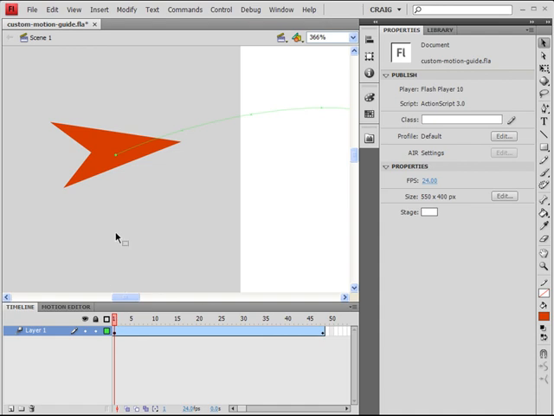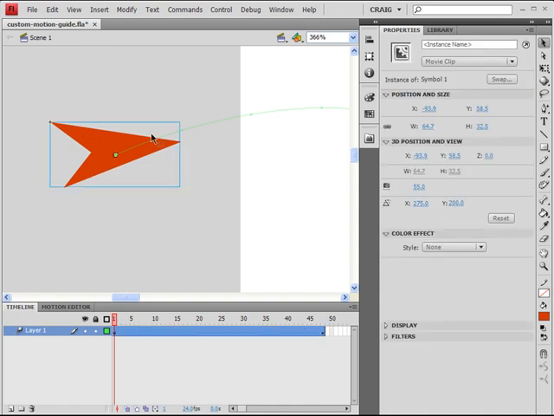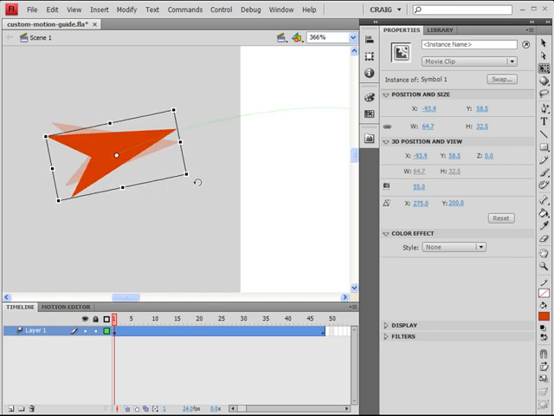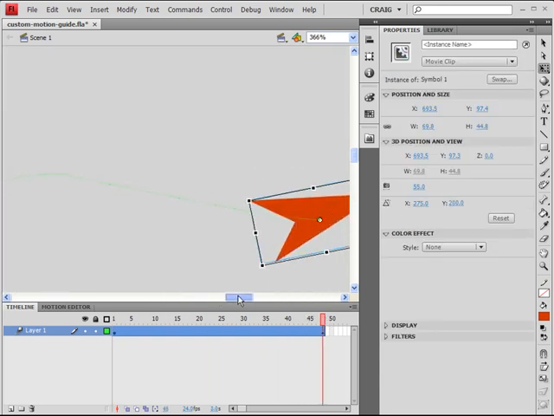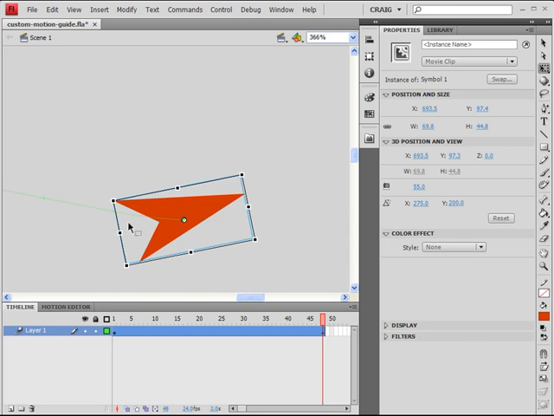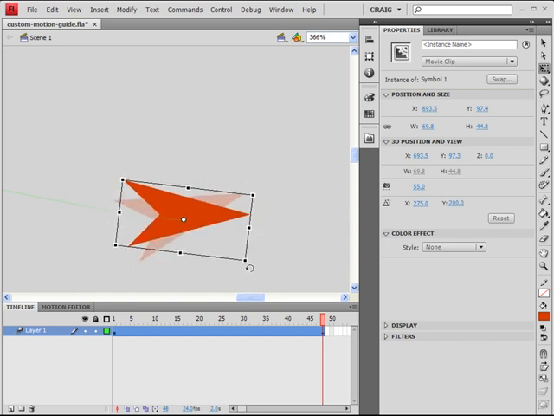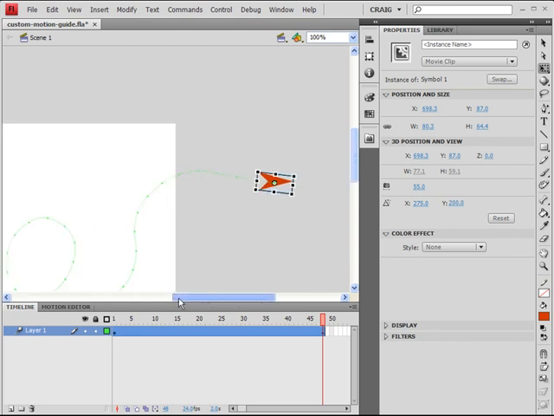and then we'll click on frame 1, click on our shape. We'll go to the free transform tool, and then we will rotate this so that it's pointing in the direction that it's facing. Then we'll go to the last keyframe, and we'll need to scroll over there. In the last keyframe, we see it should be pointing down a little bit, so we'll rotate it down a little bit better. So now we hit Control 1 to zoom out, scroll over,